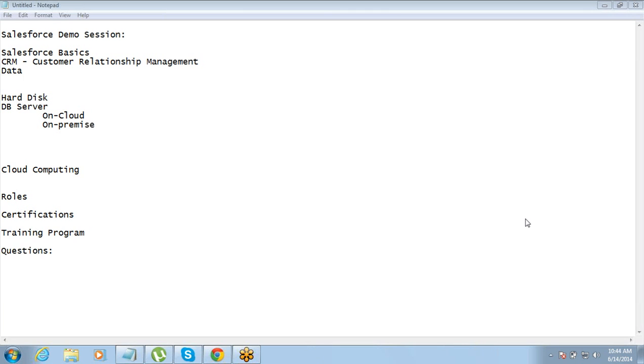Okay. And what is the advantage of connecting so many computers together through the internet? The advantage is to use shared resources. When I say shared resource, I mean something like a common hard disk, like we were just talking about. That hard disk is not cloud computing, or that server is not cloud computing. The concept of connecting these multiple computers through the internet to be able to use the common resources, it can be a server, it can be software, it can be anything, that concept is called cloud computing.